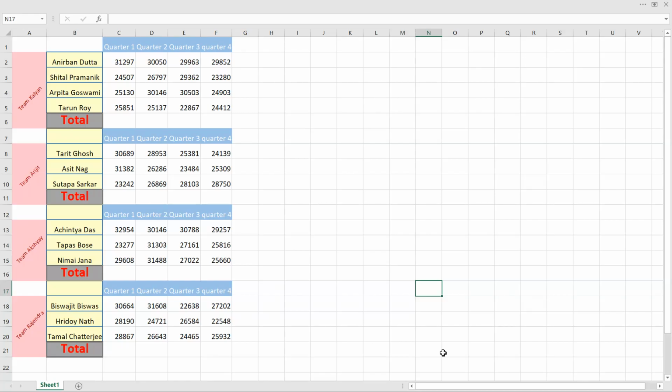Now the manager, the head of the company, wants to know what is the revenue generated by each of these managers, team leaders, in the first quarter. So I want to get a summarized report, that is sum of it. What you can do is select this range of cells, and then you can press